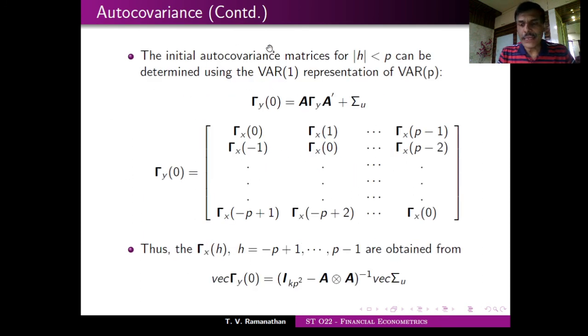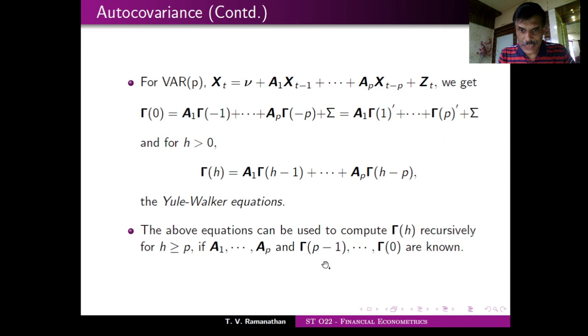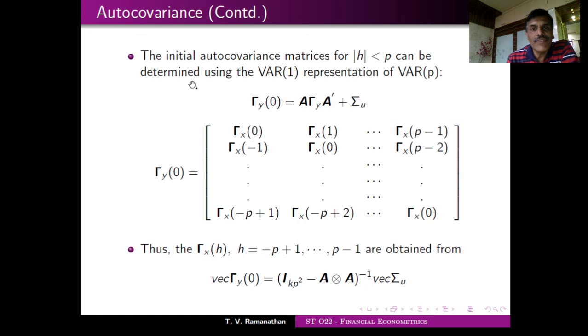So in order to obtain these, suppose it is of order p, I need to obtain this. So the question is how will you obtain this, right? Now one way of doing this is to write your VAR(p) in VAR(1) form. So how we have learned that a VAR(p), which is X, I can write in terms of VAR(1). So it will be for the Y. So I'll be writing gamma 0, y, I am writing here. It is not A1, it is the matrix A, which includes A1, A2, etc., A_p. All the members are there.